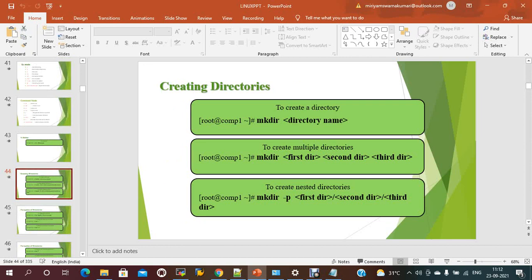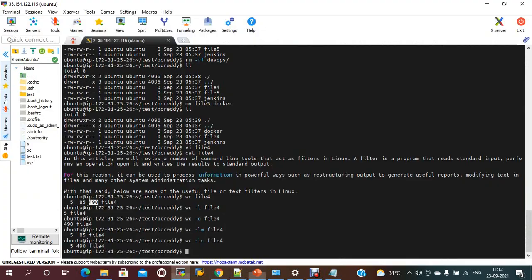So we have seen creating directories. To create a directory, mkdir followed by the name. To create multiple directories at a time, you can create like this. Nested directories means under the first directory you need to create a second directory, like this. Suppose